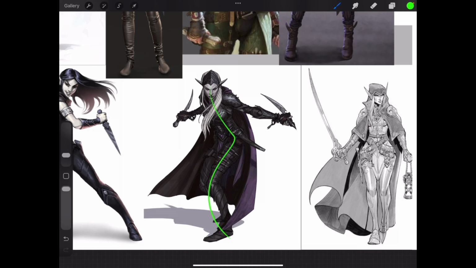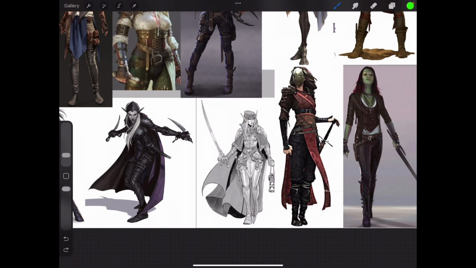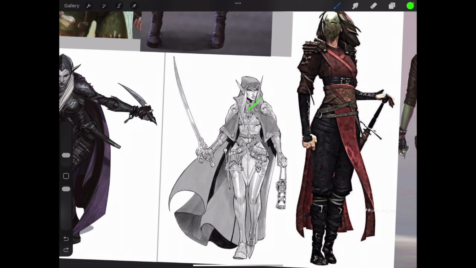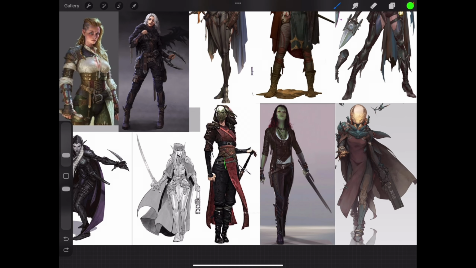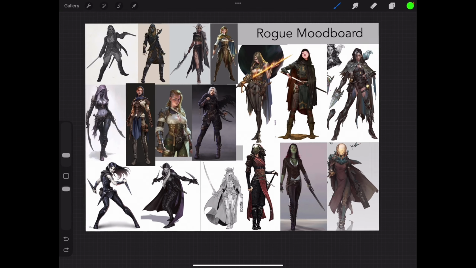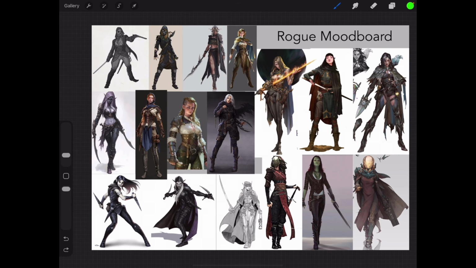on the shapes. A lot of these artists are using the clothing, like the capes and the hoods of these rogues, to create really interesting shapes. So for example, this one, we've got lots of triangular shapes going on here for the shape language, even on the hips. I've got examples of how some of the fabrics are flowing, but then you've got this stiff leather. So it's interesting to see how other artists are interpreting this rogue character and what I need to make my